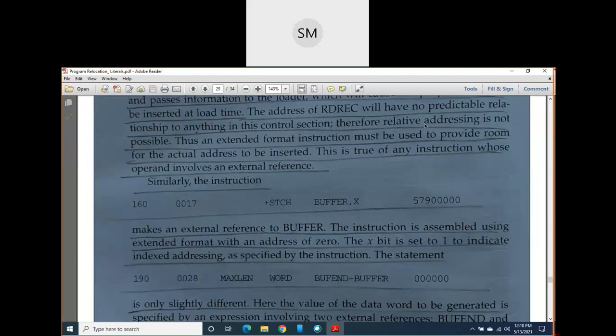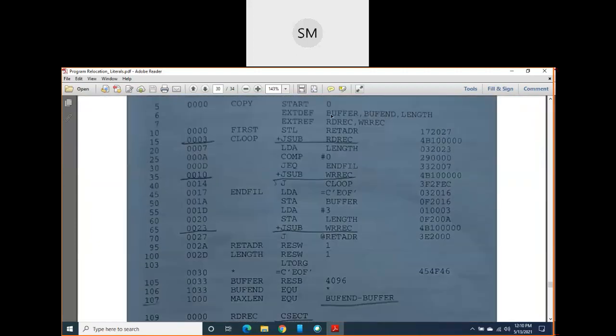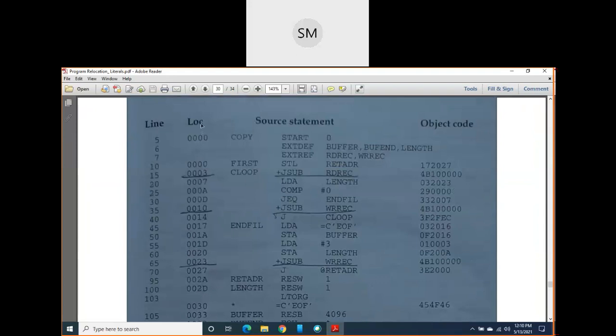If you open page number 91, the same program is written there with the control sections and the location column. Today only I want you to generate these object codes and send them to me. Please make a note, these are the homeworks.